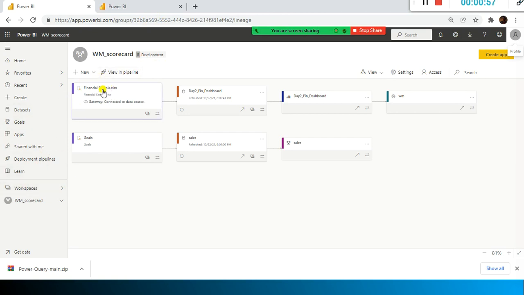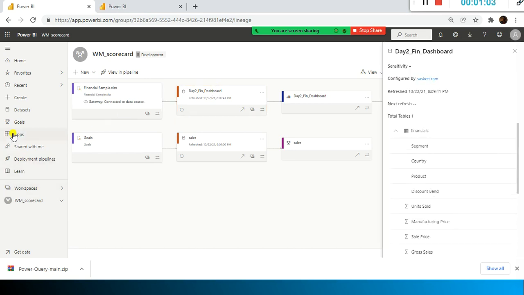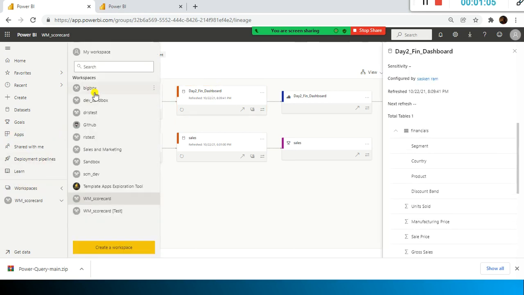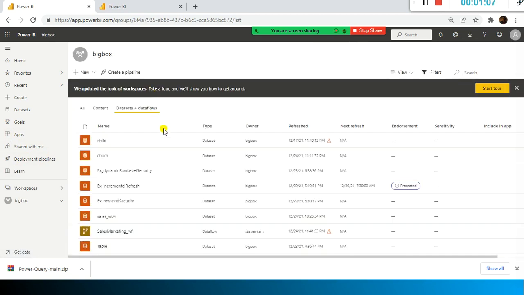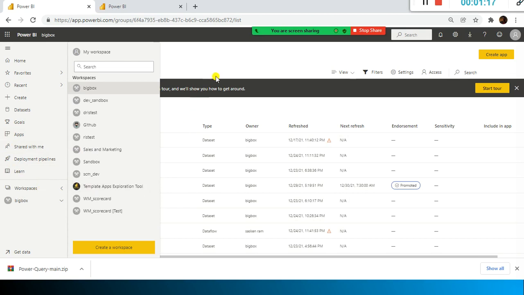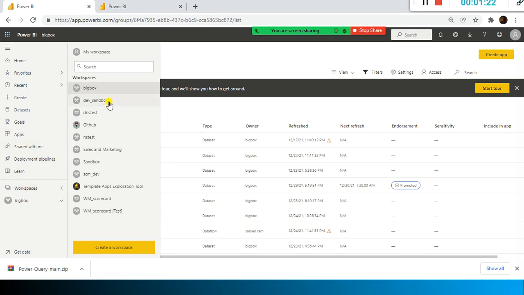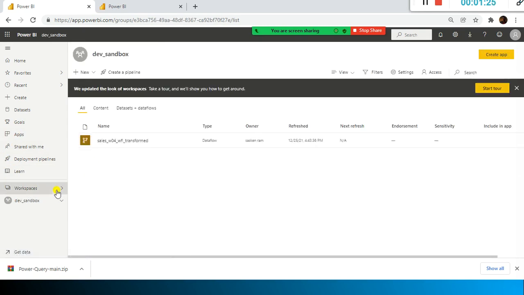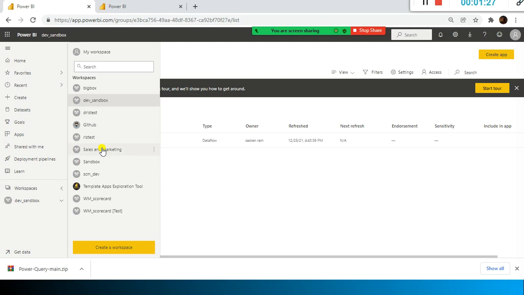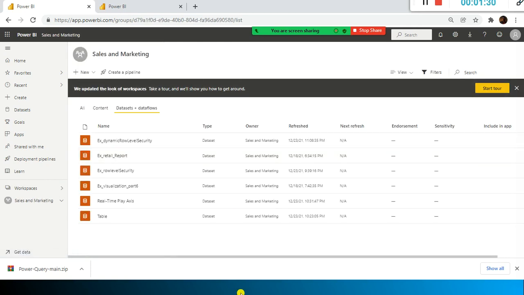I'll just open some. This is my dashboard, right? So not that. One second. Let me just go here and see if I can open something here. Okay, here I will just go here and sandbox. I don't know where I kept the file. Oh, it will be here, I think so. So yeah, this is the one. I'm going to open it now.